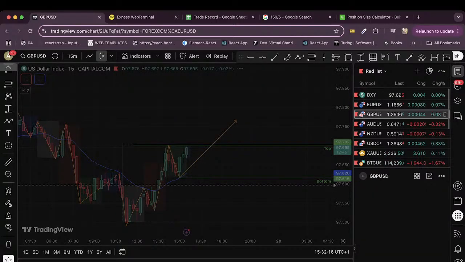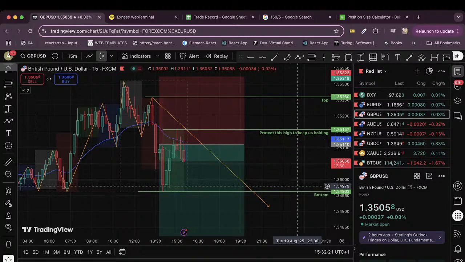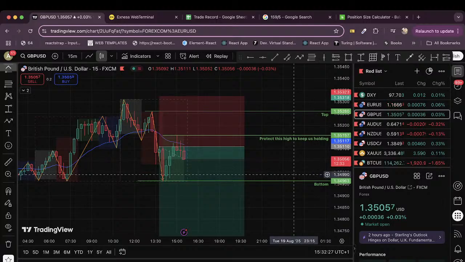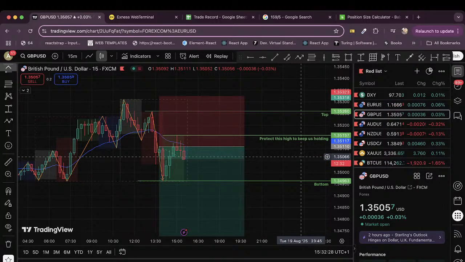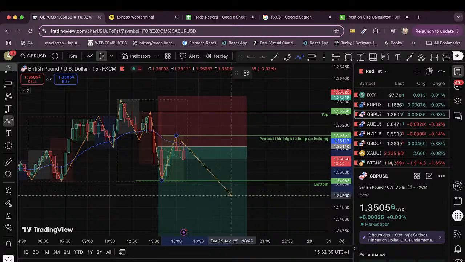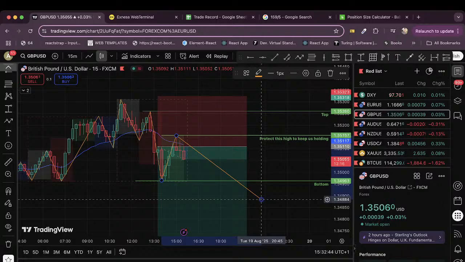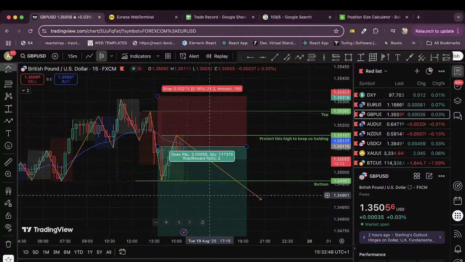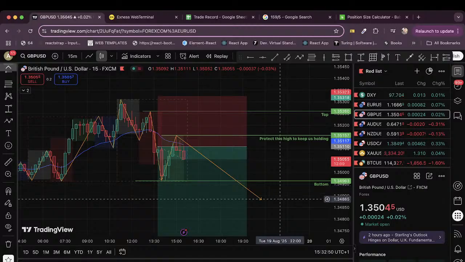On this side, we need to update this drawing here also. So we have this move down here. We've already had a very nice pullback, and the continuation is what we are seeing. So the pullback is this move from here to that spot. Now we are seeing a continuation. So still similar thing we have on DXY. We need price to continue trading down to take out that bottom and close below it for more validation on